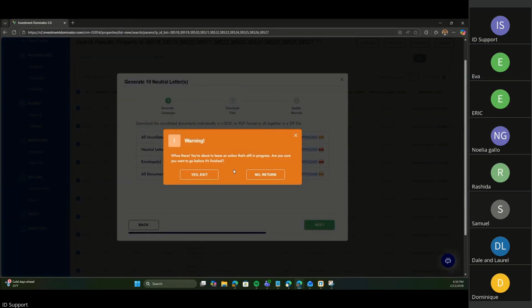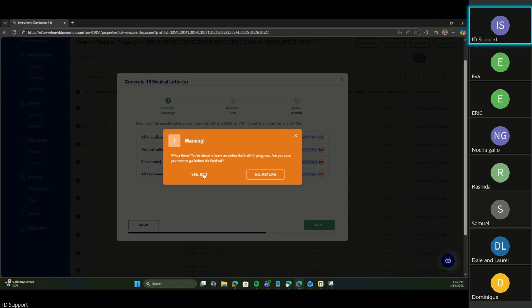If you're just starting as a brand new student, we are hoping that people will start with 2.0. The reason being that 2.0 is going to be the norm pretty soon. We don't have an exact date, but everyone will be well informed before we make the full switch. The majority of the functionality for Investment Dominator is present in 2.0. You can get by, but some of the customizations and some of the things that some of our students who have been working in legacy for a really long time use need to be present in 2.0 before we can make that full switch.